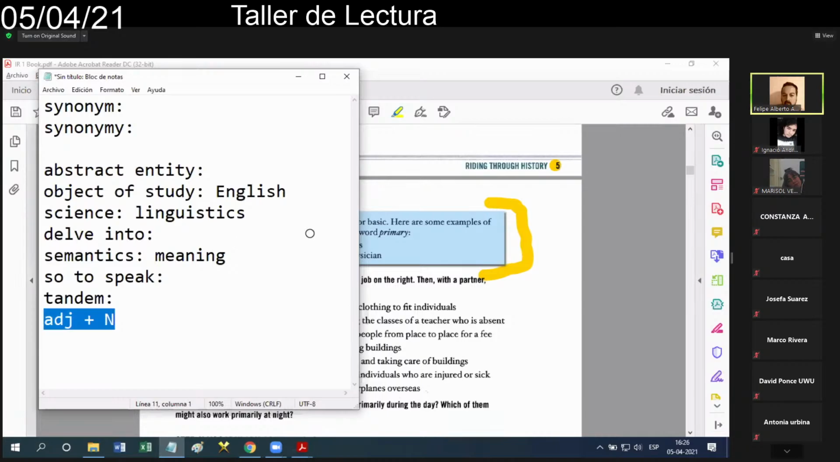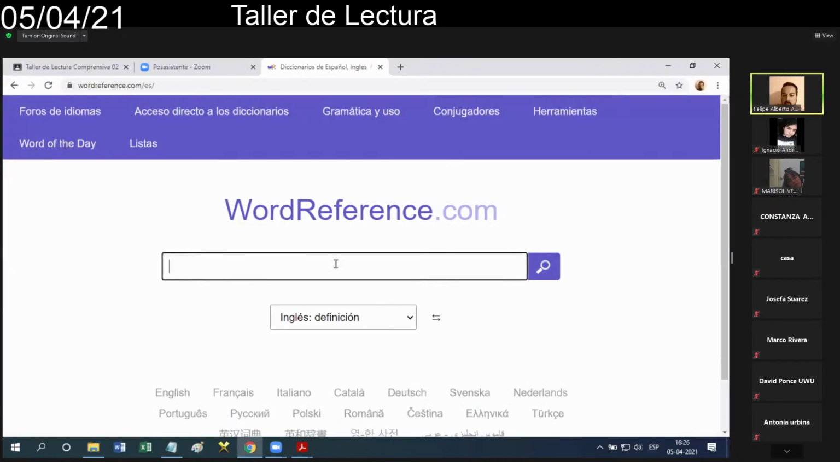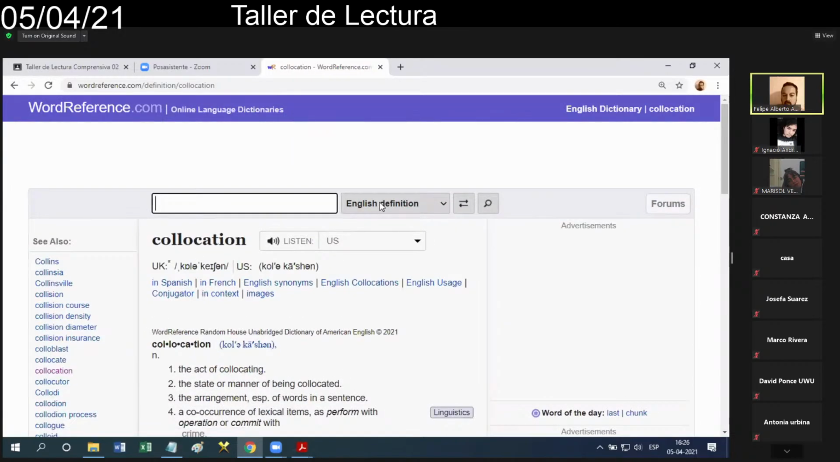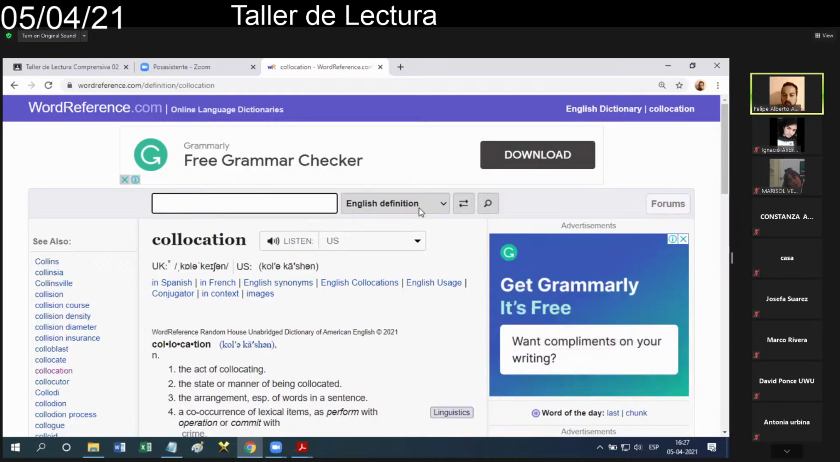So what is a collocation? Give me one second because this is important. I'm going to run my dictionary to share the definition with you. Collocation. Remember, WordReference, I like this website. And also remember, we are not looking for translations. We are looking for definitions. So to define a word, English definition. We're not looking for translations. This is a typical mistake that